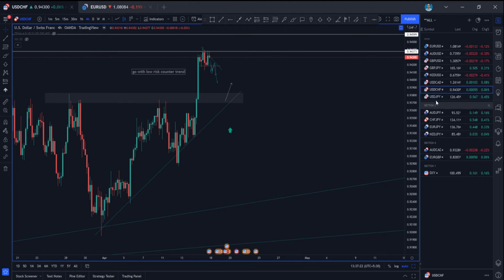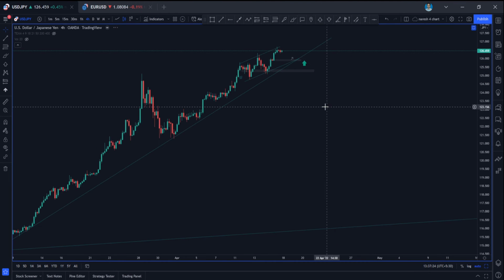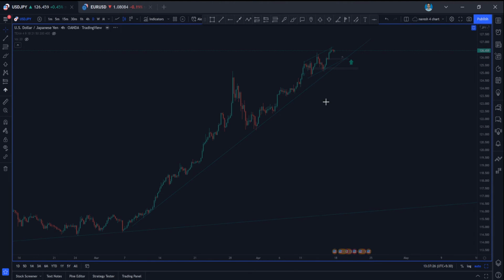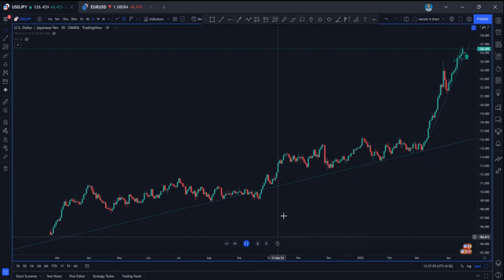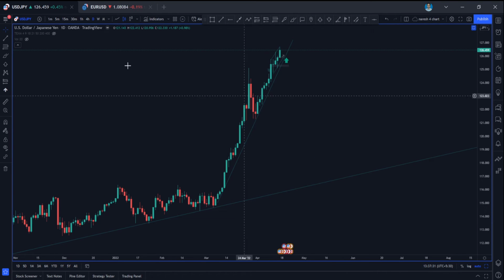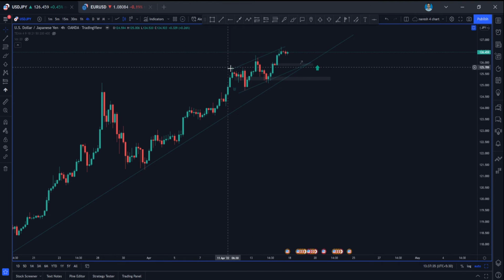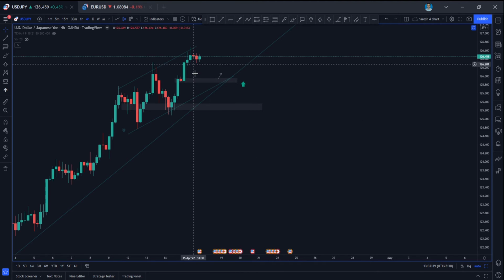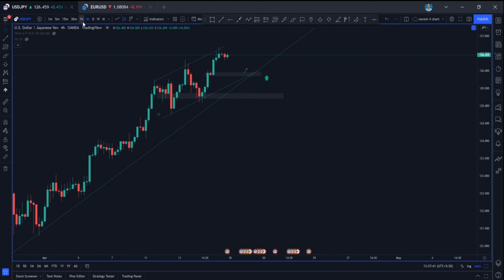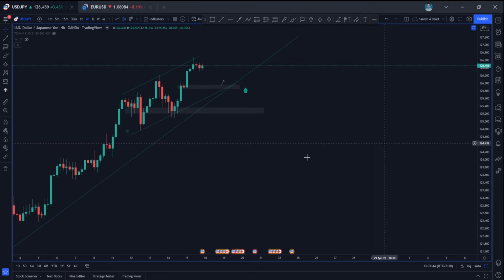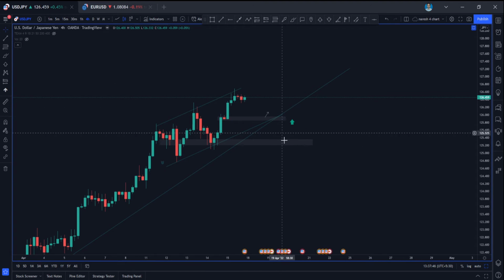Okay, so next would be USD JPY, guys. In 1 day time frame, as we know, JPY is so weak, it is super trending. And in 4 hour time frame also, there is no sign of weakening of trend. So I'm looking for going with the trend, and trend is your friend, guys. As long as the momentum is there, and if the trend continues, go with the trend.